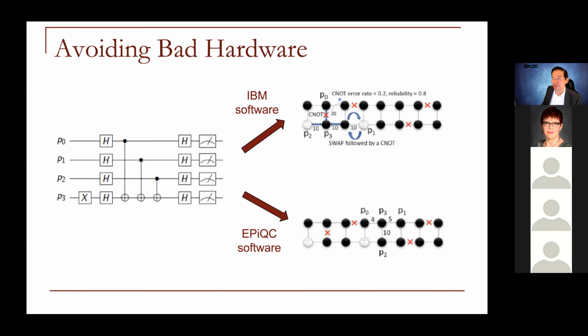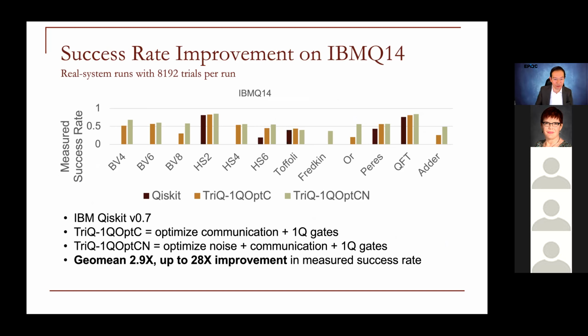And we show those with those red X's. So instead, we actually use a solver, an optimizer, to follow the bottom path, right? And on the bottom path, you can see that we still keep those qubits together when we map them onto the machine, but we try to avoid the red X's and the gray circles, right? And so the key is to encode our constraints in such a way and balance the goals of the optimizer. So we get low communication cost of keeping the qubits close together, and avoid the bad qubits and the bad links. And here's the result, right?